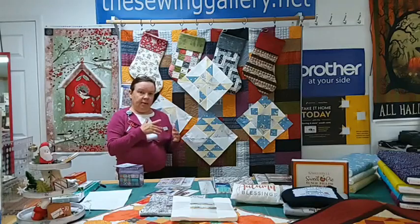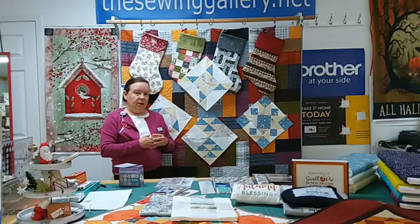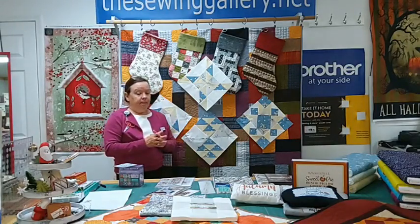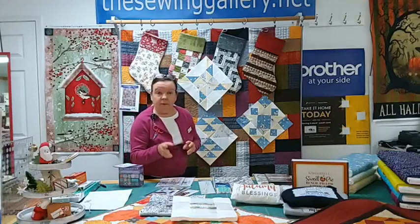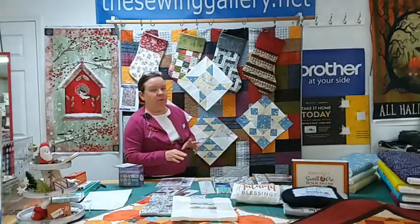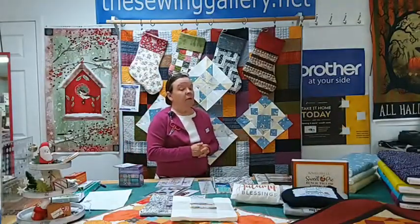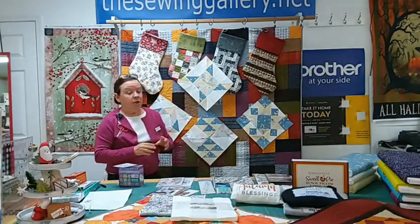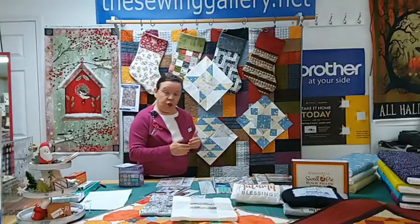But once she realized that she had the wrong needle in, and I want to say this for the newer machines, for those folks that say they can't afford a new machine, we've got all kinds of part-time jobs in Princeton, West Virginia, and I'm sure it's all over, where you can afford a better machine. And she said to me, when I said it's an older machine,